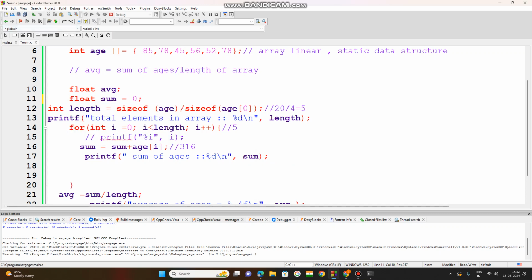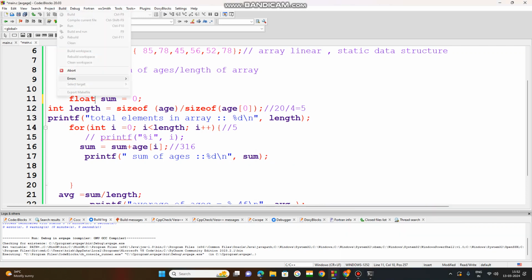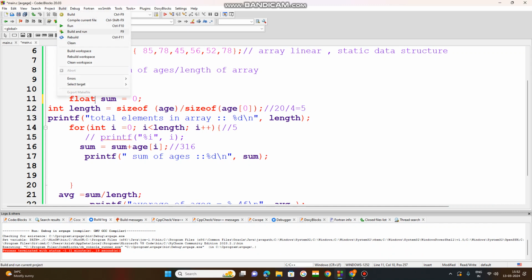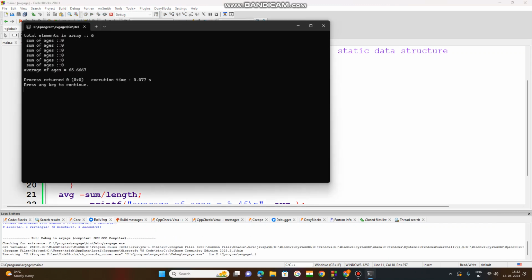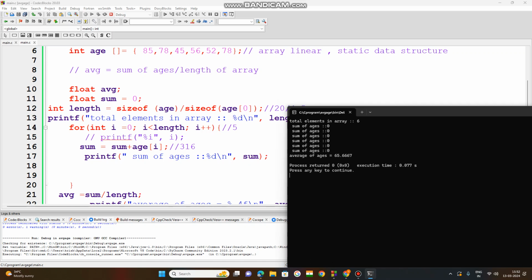then you run this code, build and run. So you will get the accuracy here, 4 digits of accuracy. Now that means your average and sum both are float. If you change sum into integer, the average will be rounded to integer. Okay, understand? But I am not getting the sum of all of the ages. I am not getting any sum here. But I am getting